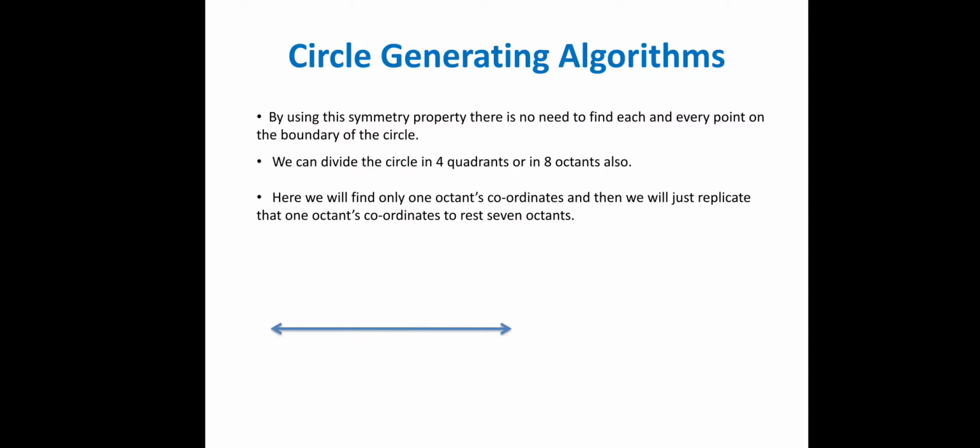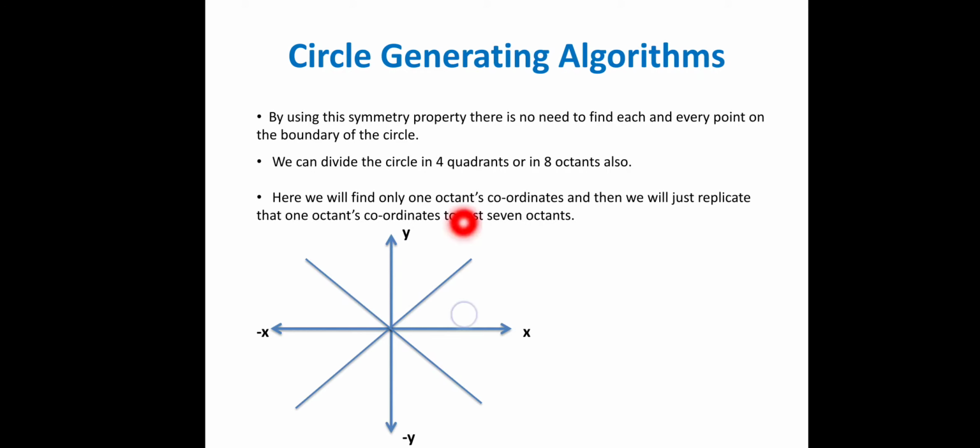So, you can see here the x axis with x and minus x, then we have a y axis with y and minus y. Then we are dividing this plane into 8 parts. By using these 2 lines we are dividing it into parts. These are nothing but 8 octants: 1, 2, 3, 4, 5, 6, 7 and 8. So, in that we are just finding a single point in one octant.